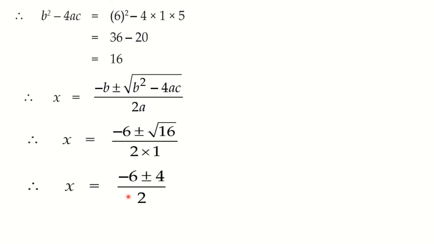Afterwards, the next step, we have talked about alpha and beta. So we need to write these two roots separately. One is alpha and the other is beta. But while writing, we can write down x is equal to only, either or we can write down. So our next step is what? Therefore, x is equal to minus 6 plus 4 divided by 2 or x is equal to minus 6 minus 4 divided by 2. Okay, see this plus or minus sign here. Once we have taken the plus sign in the middle, once we have taken the minus sign in the middle. Rest all the numbers are same. Rest all the terms are same.